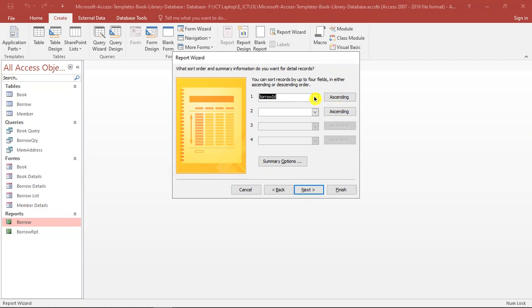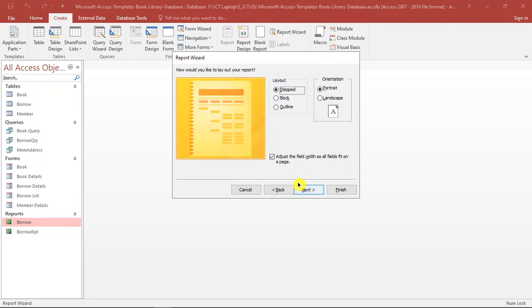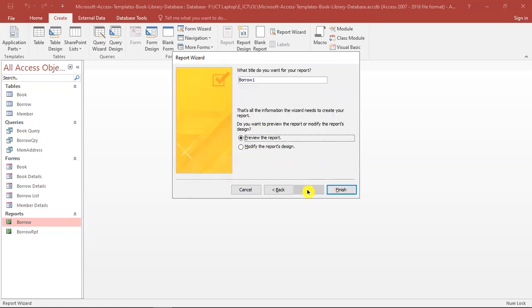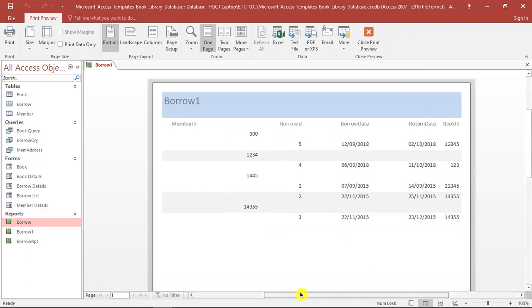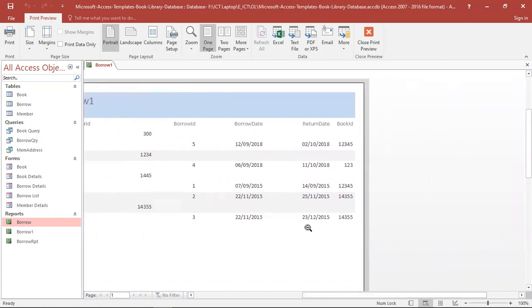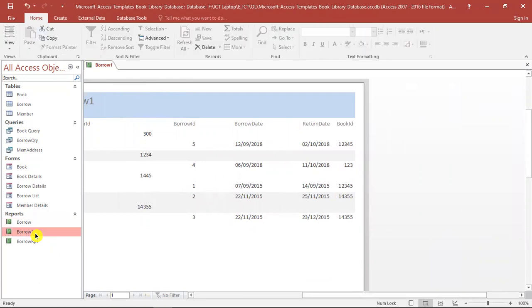So if you want book ID in ascending order, we can select that and click next. And there are some layouts, stepped, block, outline, and we can select the orientation also, portrait or landscape here, and just click on next and give it a name and finish. This is the report that we created, book one, right?